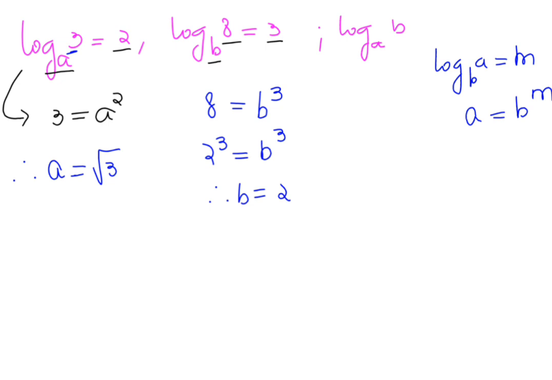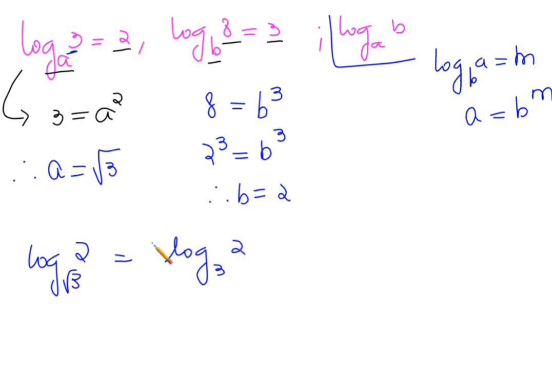Let's put it in the value which they are asking us to find, which is log of, instead of b I will write 2, and instead of a I will write what? Root 3. Now this can be written as what? Log of 2 to the base 3, and we will take the index of the root, that is 1 by 2, as the denominator of the log. So then this becomes what? 2 log 2 to the base 3,